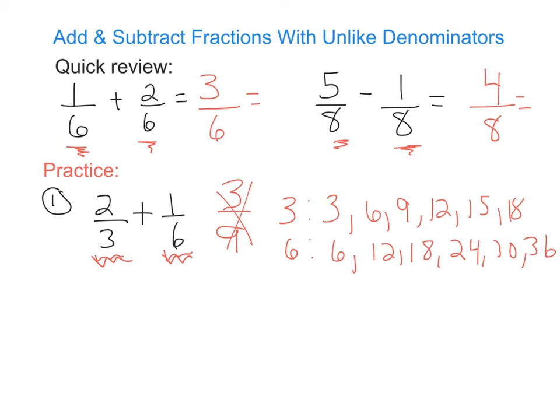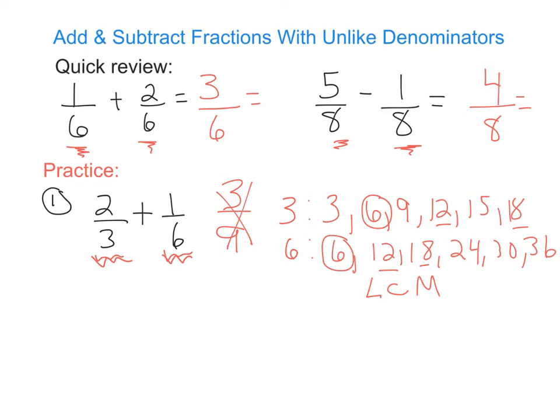And so notice I'm counting by 3s, I'm counting by 6s. And what I want to find is the least common multiple. So I want to find the least. And I see that 6 is the least common multiple. There are other ones. There's 12, there's 18, but I want to find the smallest one, the least common multiple,